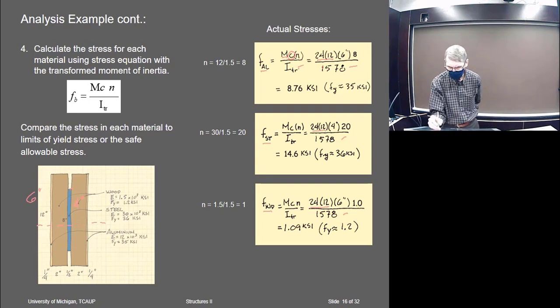So for the aluminum, we're using the 6 inches for C, and we've got to use the scale factor. That goes in here to kind of descale it, right, for the aluminum. And that gives us then the stress in the aluminum,